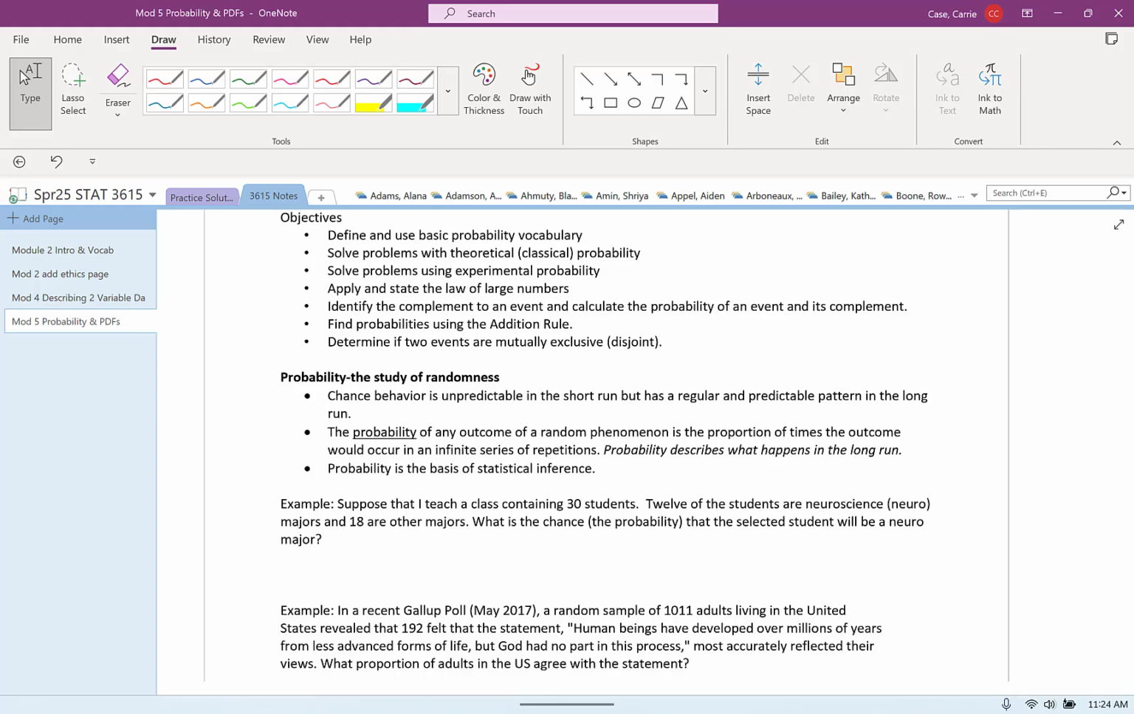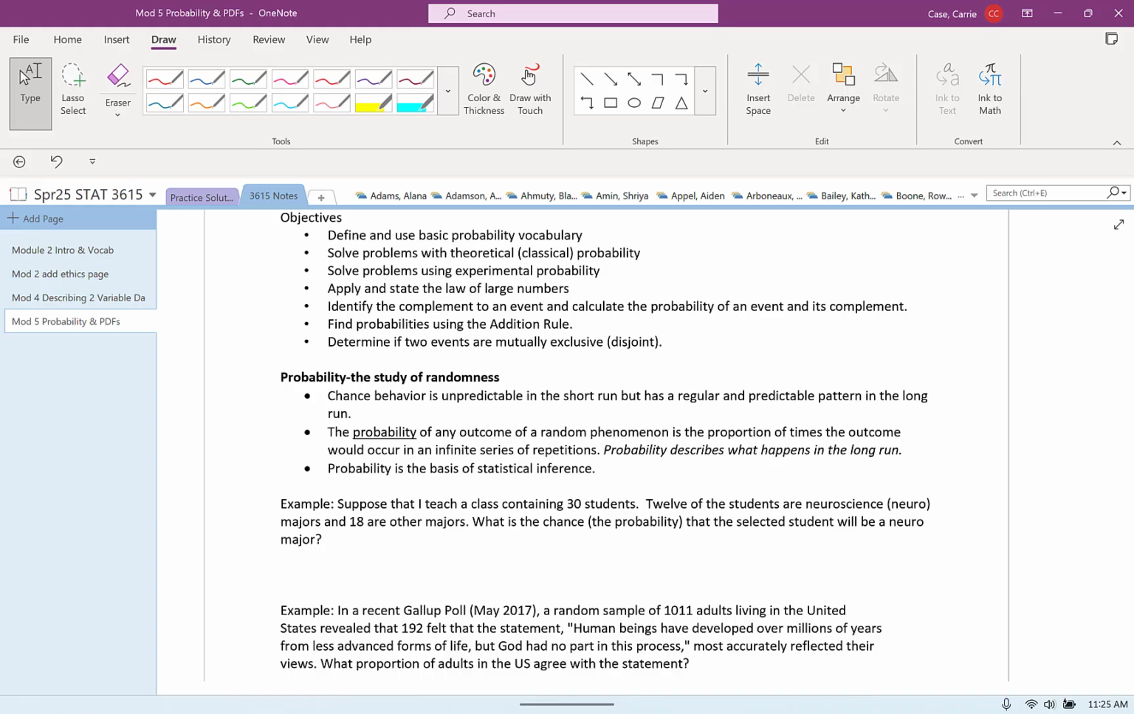So probability is just the study of randomness. Chance behavior is unpredictable in the short run, but has a regular and predictable pattern in the long run. For example, if I flip a coin 2 times, I expect 50% of the times I flip a coin to be heads, but I don't expect to get one head and one tail every single time when I flip a coin twice. But if I do that over and over and over again, I do expect it to be about